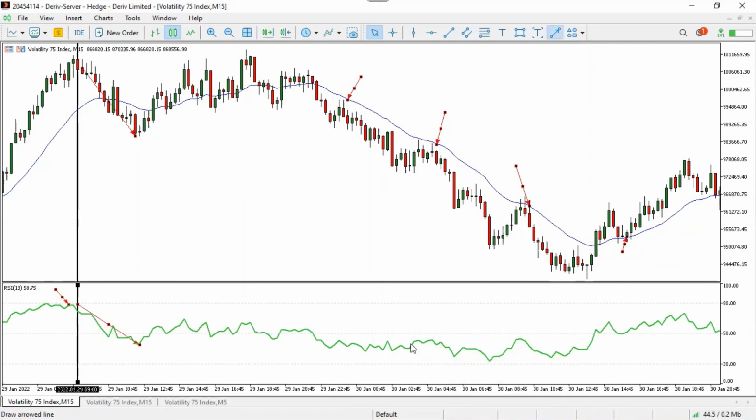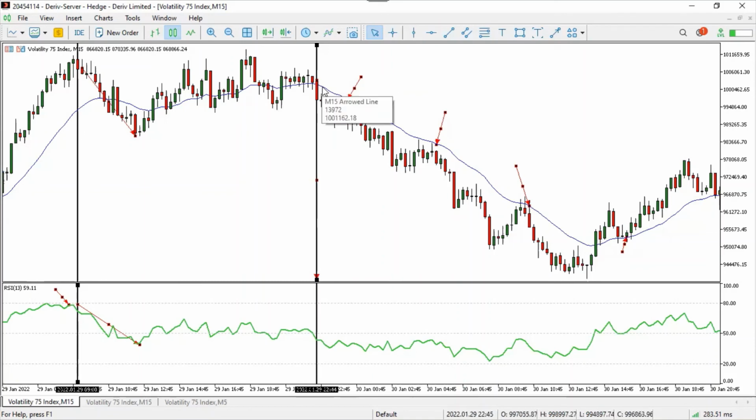Look at it. Sell around here. Can you see? Let me drop a vertical line. It's below 50, and the price is trading below EMA 21, which are two confluences for you to enter a trade. So you can enter a trade, and you can be riding your trade down until you see price